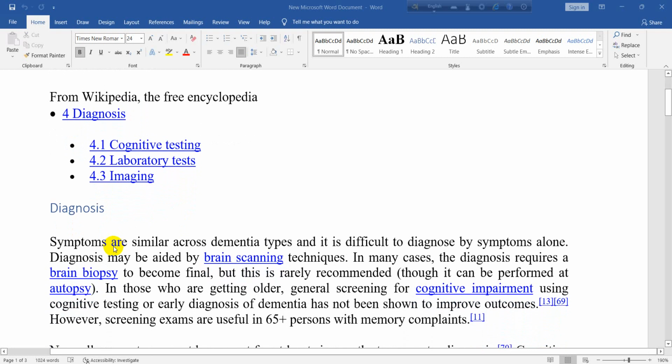Diagnosis. Symptoms are similar across dementia types and it is difficult to diagnose by symptoms alone. Diagnosis may be aided by brain scanning techniques. In many cases, the diagnosis requires a brain biopsy to become final, but this is rarely recommended, though it can